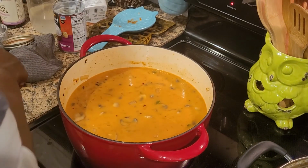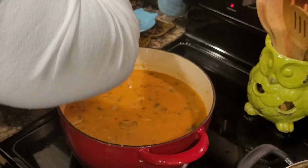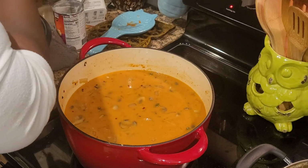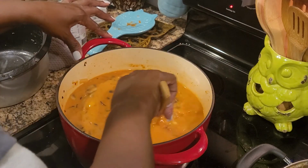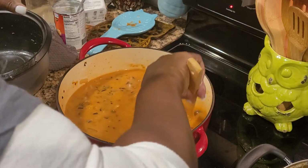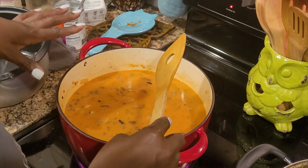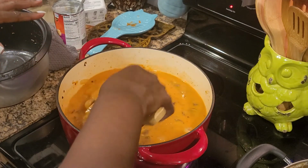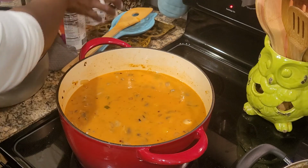And let me just taste my juice. I want to make sure my juice is good. It's got flavor. Honey, what's that? Flavor. Okay. We're just going to put a lid on this. We're going to let this cook for about 30 minutes or so to really get a good simmer going. And then we'll come back and I'll let you guys see the...